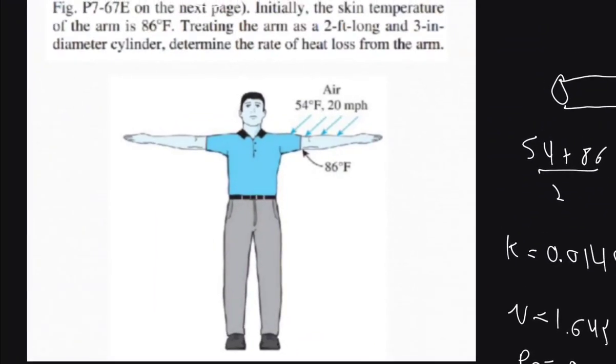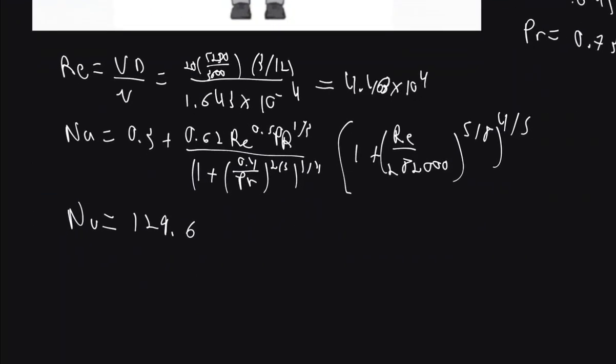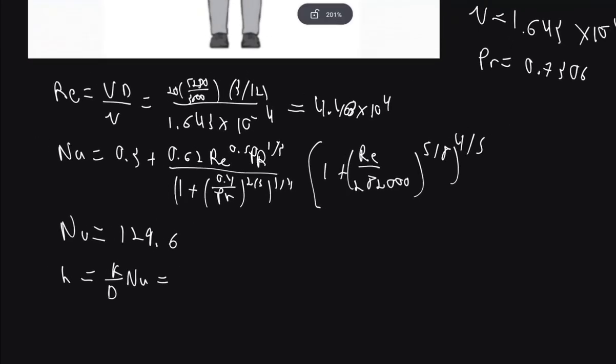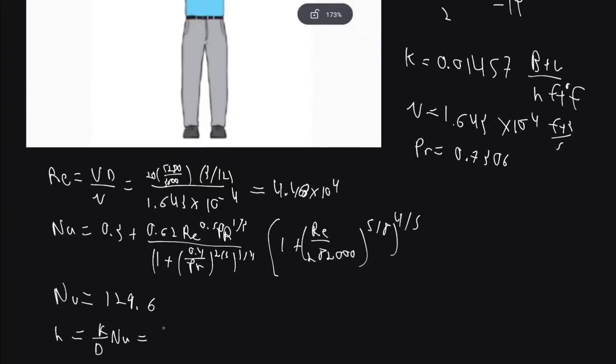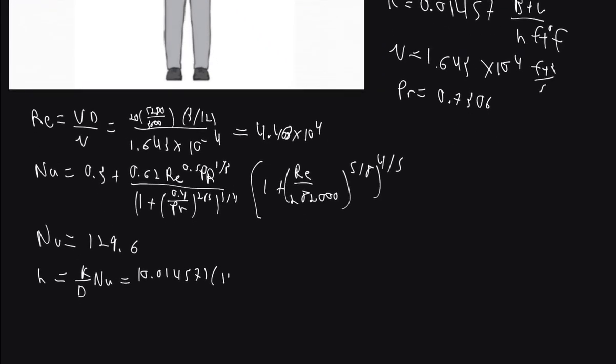The final goal is to determine the rate of heat loss, so that's Q dot. That means we need h. So h is k over D times the Nusselt number. That's how we define the Nusselt number. We were given k, that's up here, 0.01457, times the Nusselt number, 129.6,